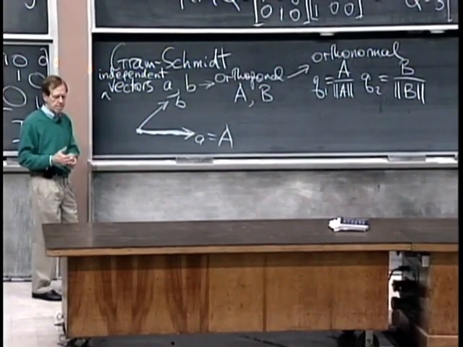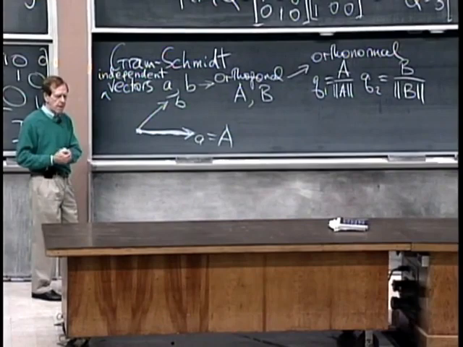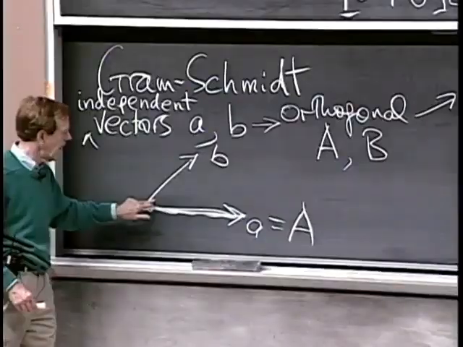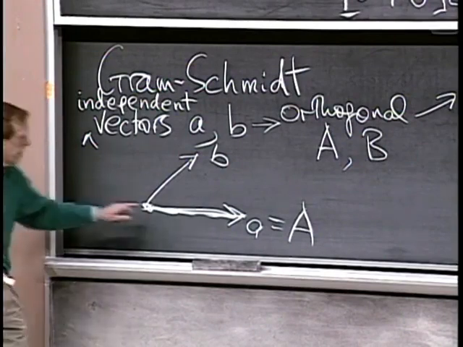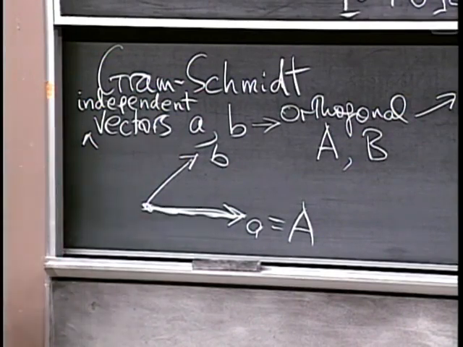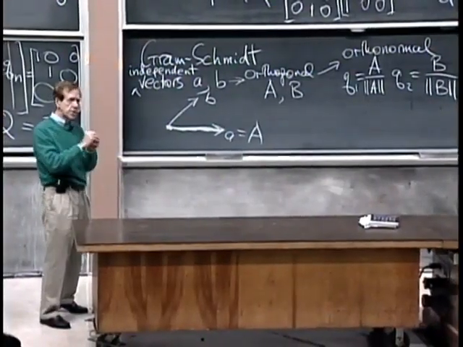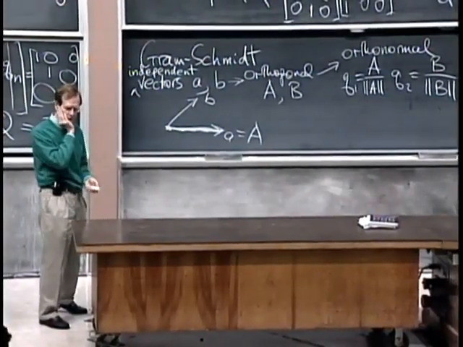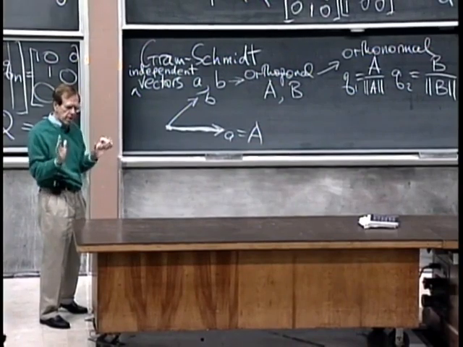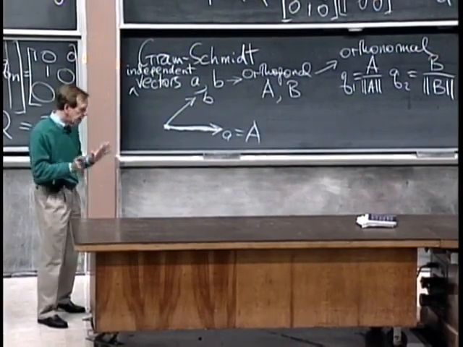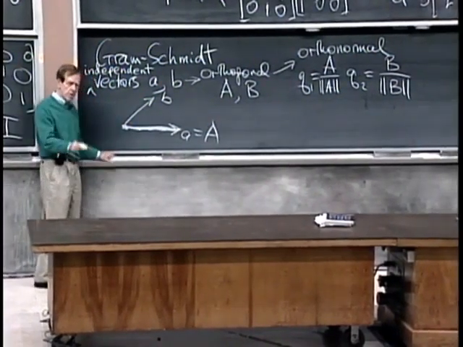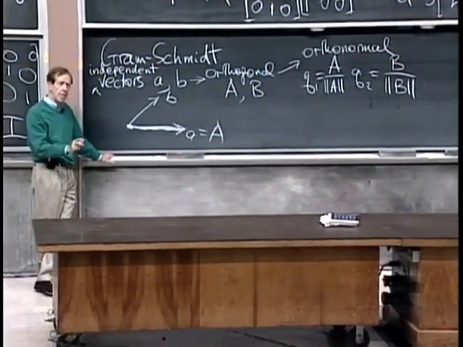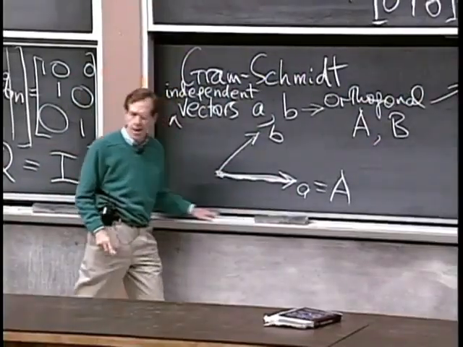I'm looking for a vector that starts with B but makes it orthogonal to A. What's the vector? How do I do that? How do I produce from this vector a piece that's orthogonal to this one? And remember, these vectors might be in 2 dimensions or they might be in 12 dimensions. I'm just looking for the idea. So what's the idea? Where did we have